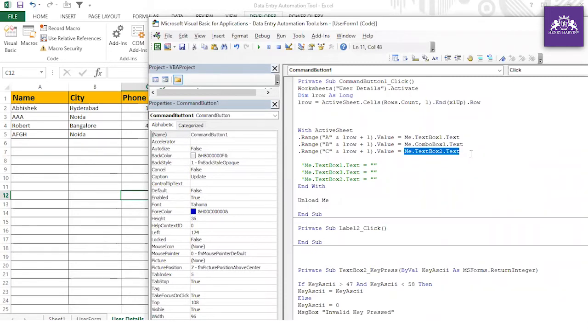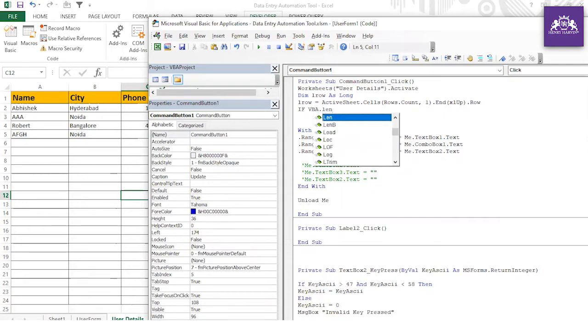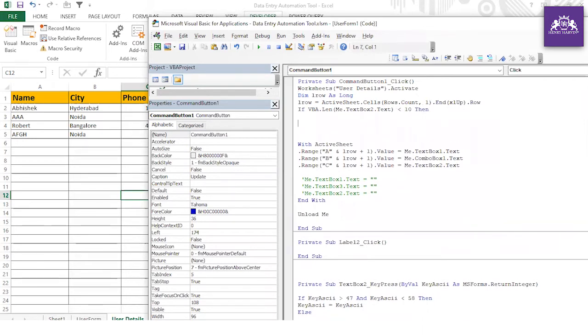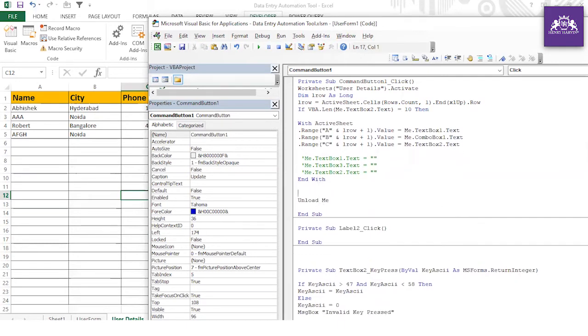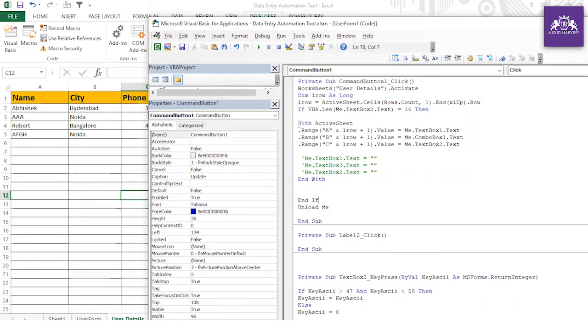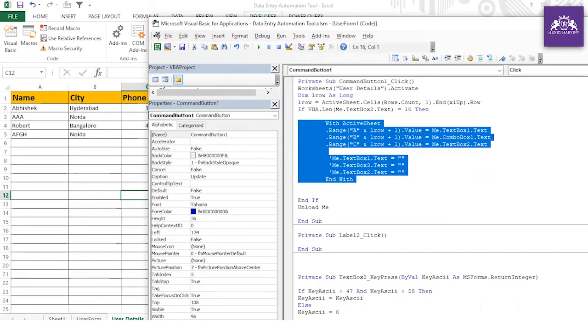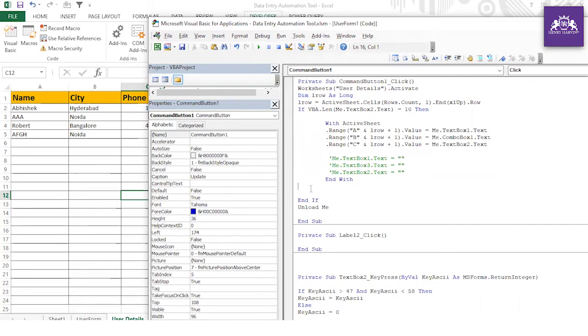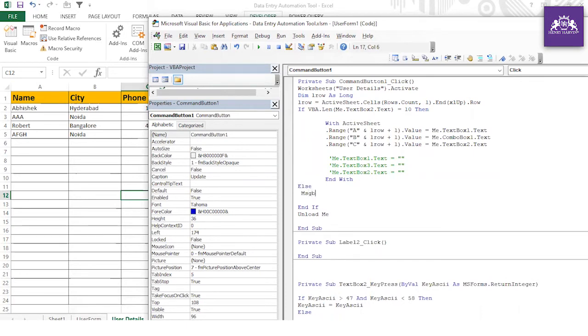This is the value, Control C. So if VBA dot length of this less than 10, and if, so there are two things, less than 10. Okay, so you can say equal to 10, Control X, the entire coding you can put that. So here you can write and if, and this code you can just select and press tab. It will go a little right, and what you want to write, else msg box phone